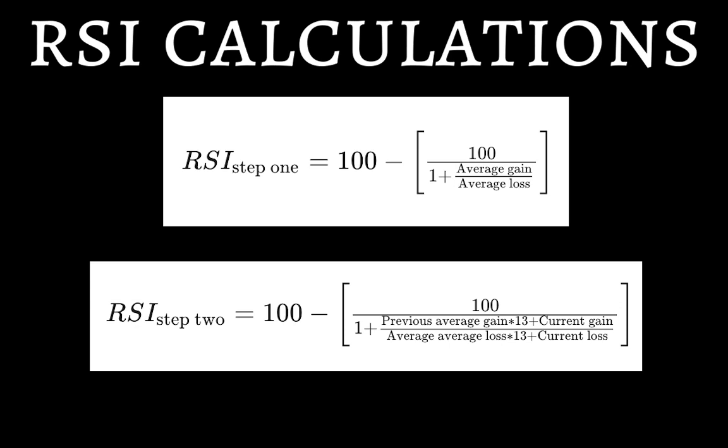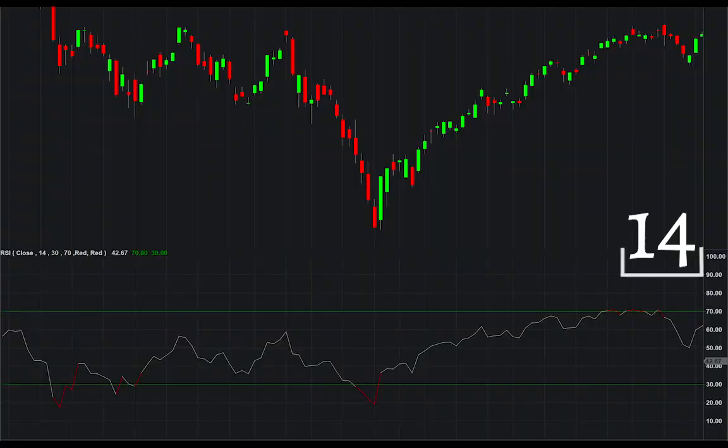Fortunately for us, most trading platforms have this indicator already coded into their software. The main takeaway from these formulas is that RSI is computed through a comparison of average percent gain versus average percent loss over a certain period. The standard period is 14 trading bars, but you could choose to increase it or decrease it to better complement